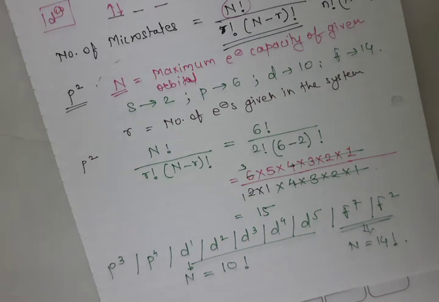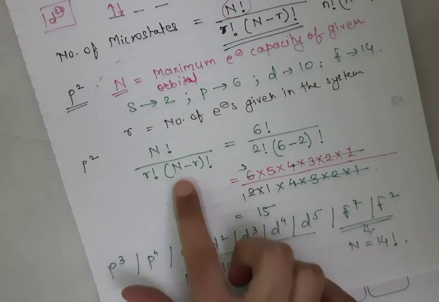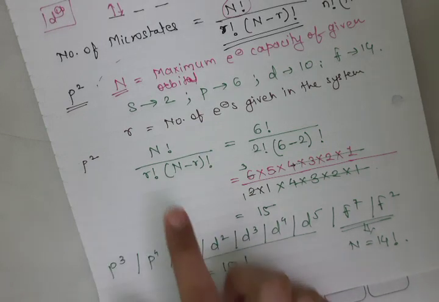In the next lecture, we will see about term symbols, actually how to calculate the term symbols. But before that, you should know how to find out the number of microstates. Both are connected with each other for the next few points. So do this carefully and remember this formula. Always remember this formula to find out the number of microstates.